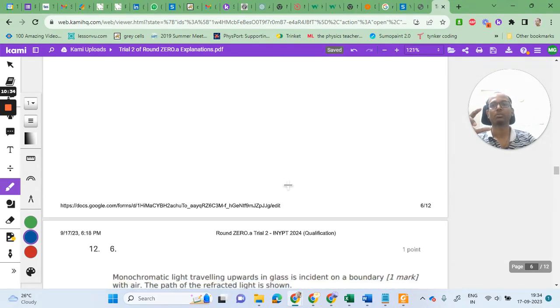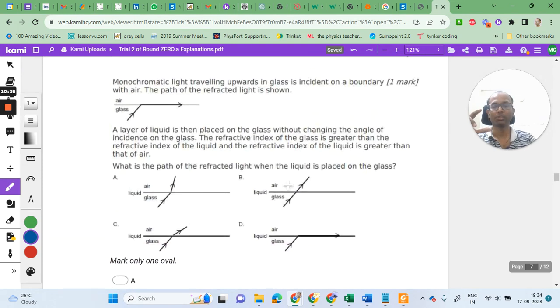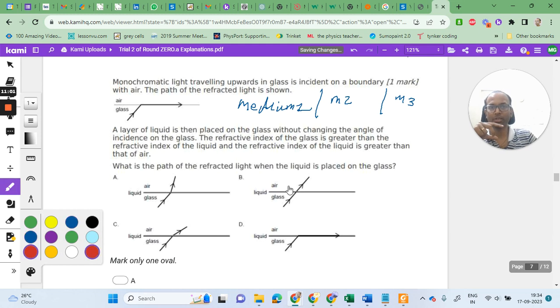Next. This is a tricky one. See, in this actually the concept which we are using is Snell's law of refraction. And if you have, say, medium 1 and then medium 2 and then medium 3, okay, and let us say light is refracting from medium 1,